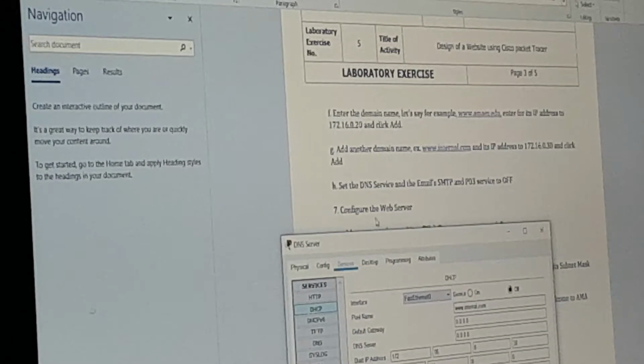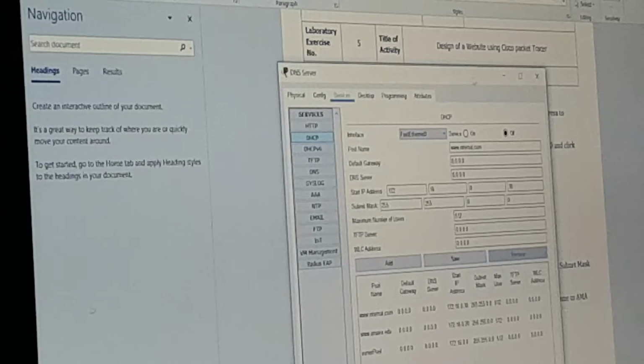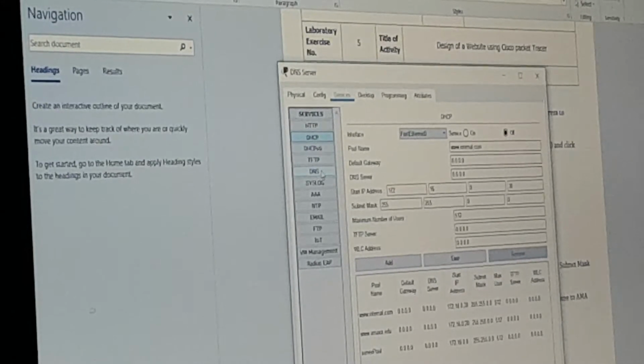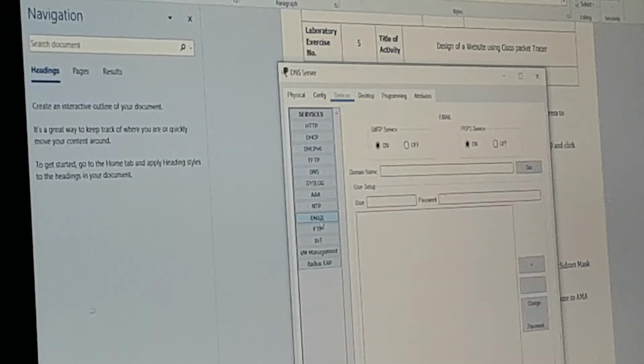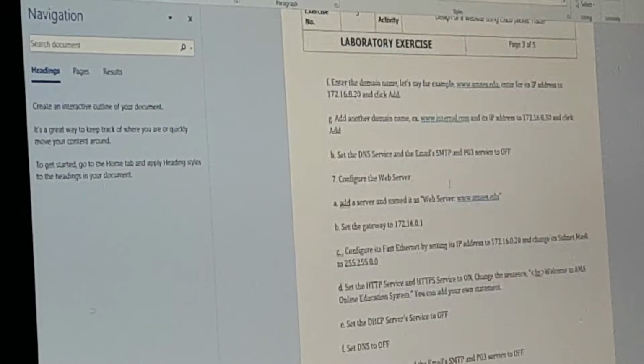Okay, and click add. And now it's done. So letter H, set the DNS service and the email's SMTP and POP3 service to off. So DNS off, email should be SMTP is off, so both off. Now it's okay, it's done. Next,